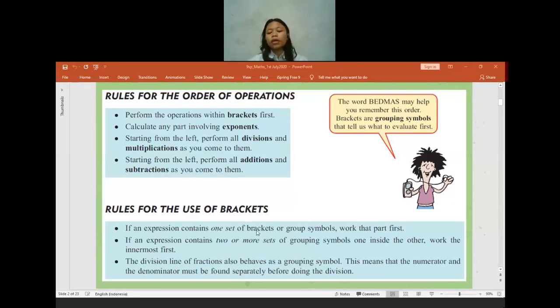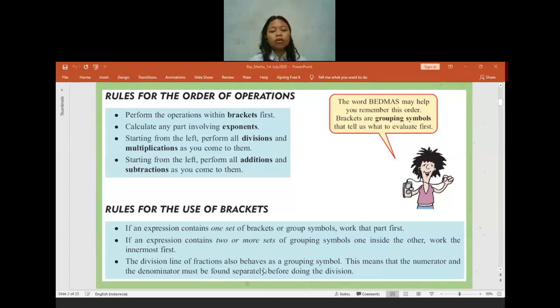If no one has difficulties, then later if you meet any brackets, if there are two sets of brackets, we do the one from the inner first. So we start from the very innermost. After that, we go out. And if later you have any fraction, and the numerator has a calculation and the denominator has a calculation, you have to calculate the numerator first. After that you move to the denominator. You have to simplify each numerator and also denominator.